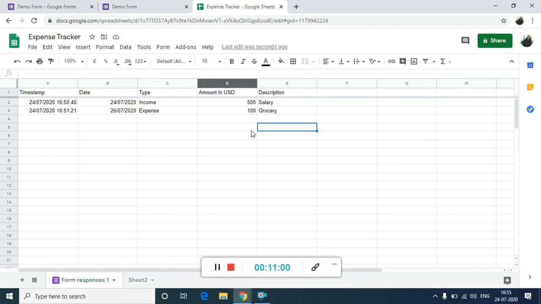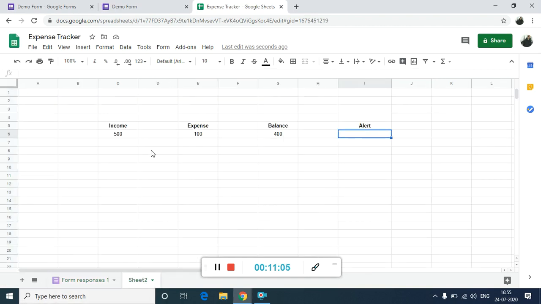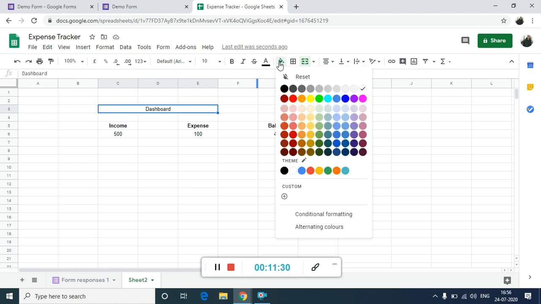The description and everything is over here, and in sheet 2 you will get the details of the balance. Okay, so what you can do is this, you can write dashboard over here so that you know what is the balance in one glance. Just a bit of formatting.